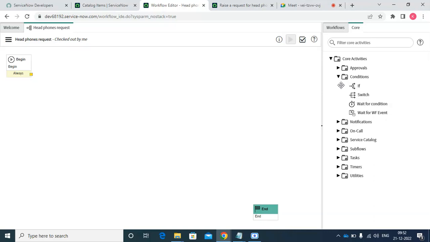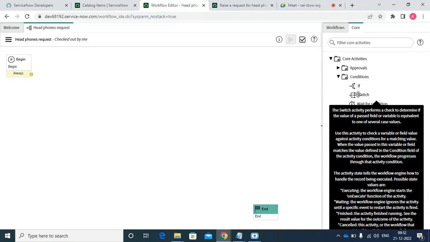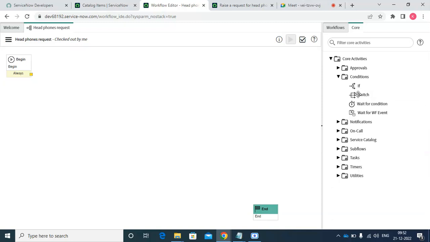And next one is condition. In the condition activity, we have if, which is nothing but, we can check if the system is a laptop, if the system is a desktop, like that we can configure it. And switch is nothing but, if you want to perform multiple actions, the switch activity first checks the value of a field, with one or several case values. So for example, if you selected multiple options,